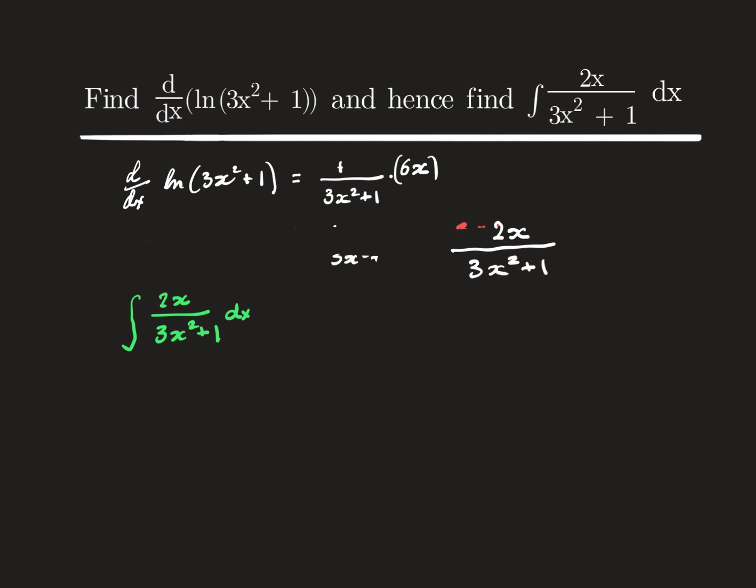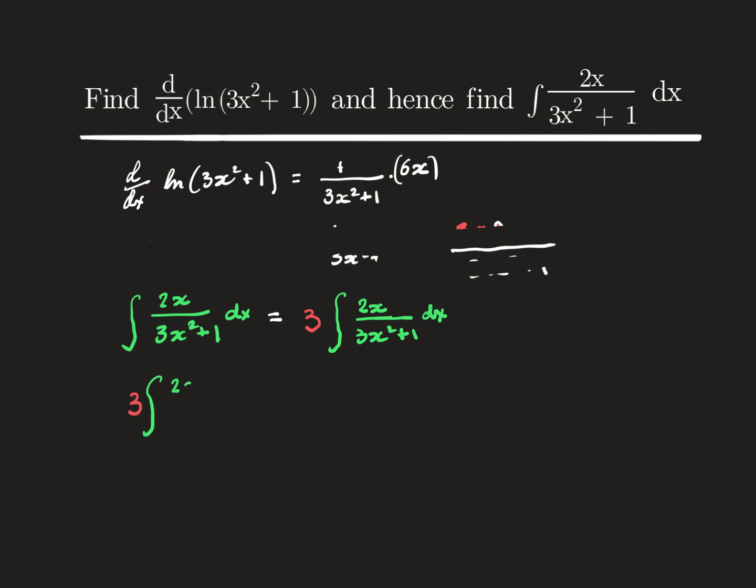So it seems that this integral that we've got over here, we could rewrite this as 3 times the integral of 2x over 3x² + 1 dx. That seems to be the same thing. Good, so let's rewrite this again and down lower so we can do the integral. 3